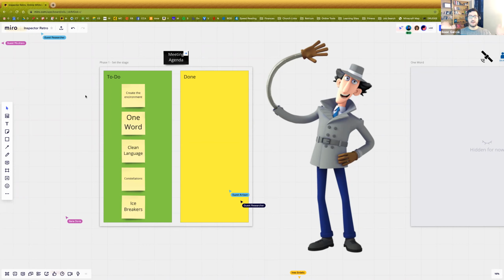Now, this is not comprehensive. There are thousands more tools and ideas and tips and tricks out there. I just want to give you what I consider to be some of the better ones and enable you to go take something and go practice it tomorrow if you have a retrospective tomorrow. So set the stage. What's happening in set the stage?